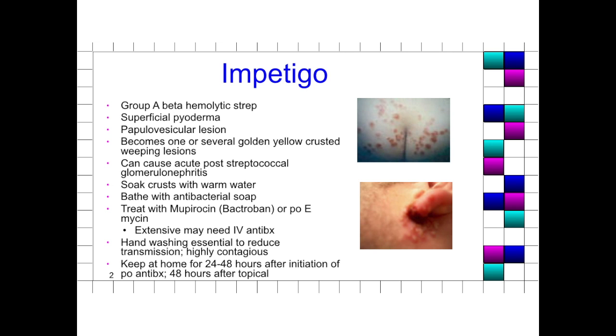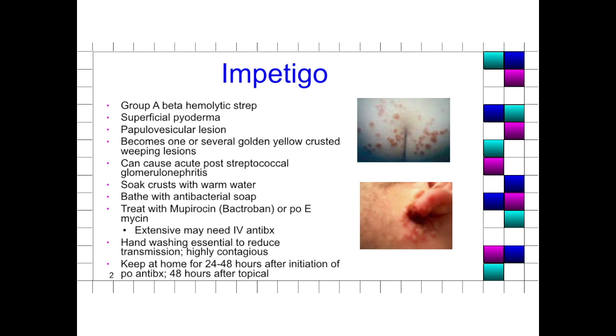Now we're going to begin part 3 of Peds Dermatology. We're going to discuss a variety of conditions that none of you would really like to have, and some of you may have suffered these as a child. We begin with impetigo. This is a group A beta hemolytic strep infection,